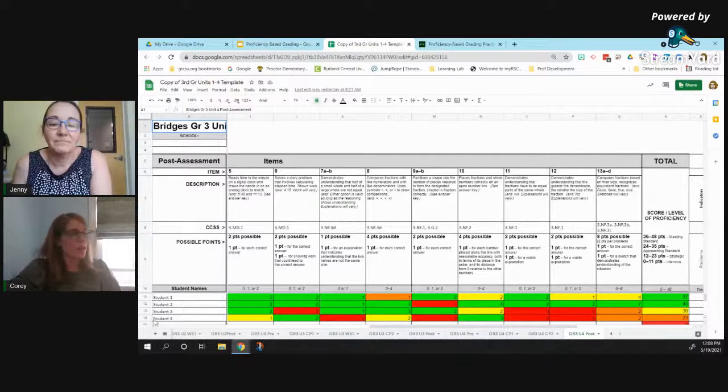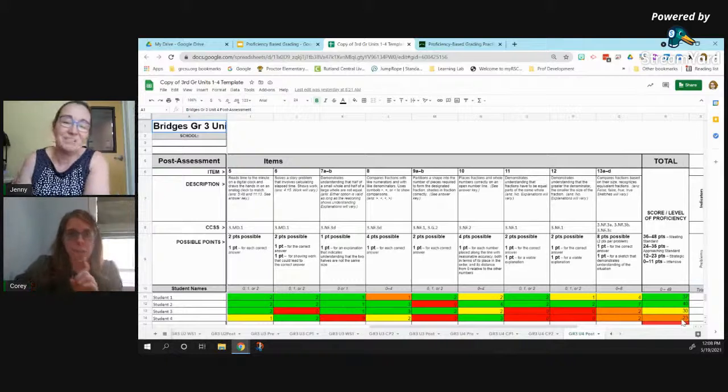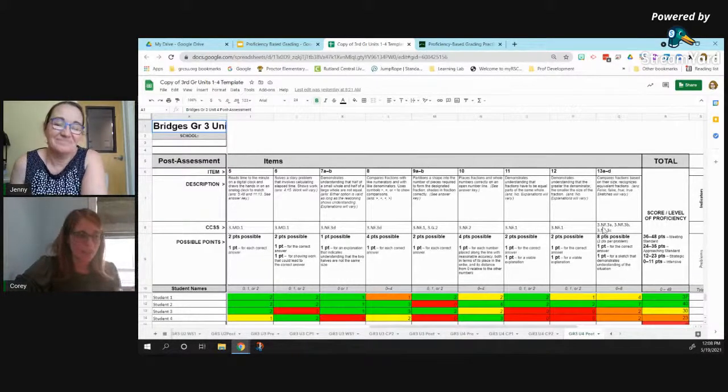So in the traditional sense, student number 1 has scored a 37 out of 48 points, and according to the Bridges algorithm, that student is meeting proficiency or meeting the standard. Student 3 has scored 30. They would be approaching according to the algorithm that Bridges has set forward, and then student 4 would have been approaching. So this is great, but this assessment has given the student many different skills that they're trying to show mastery, right? So how do I know if I can say student 1 had a 37, it looks like they've met, right? It looks pretty good.